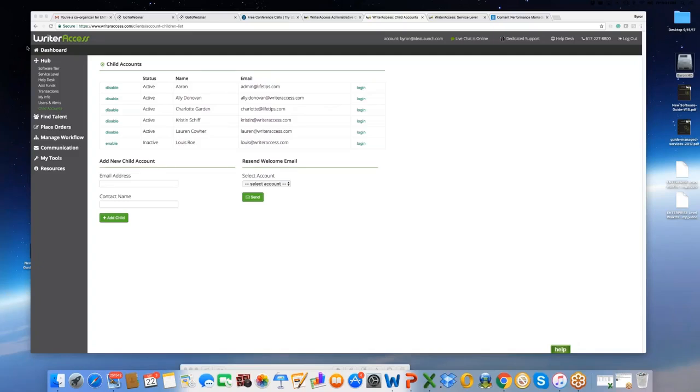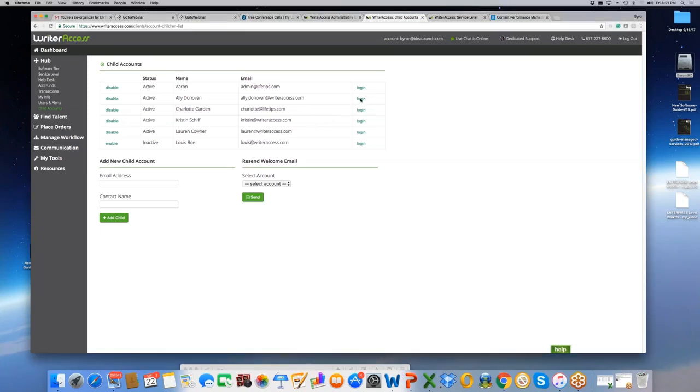So the first screen I'm on here is a parent account, as if this would be your account, and you might have lots of children that are working for you diligently on various projects. So what we're going to do is to go into one of the child accounts and take a look at the features and tools that are